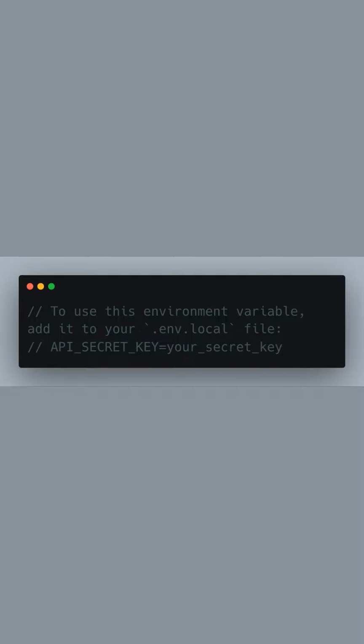First, let's focus on setting up an environment variable for our NextJS application. You will need to create a .env.local file at the root of your project if it doesn't already exist. Inside this file, you'll add a variable called